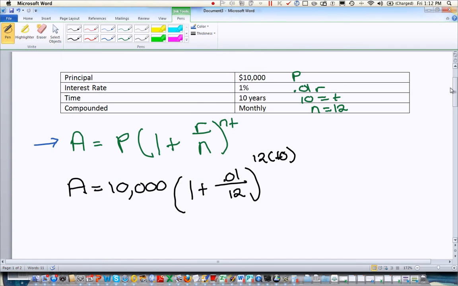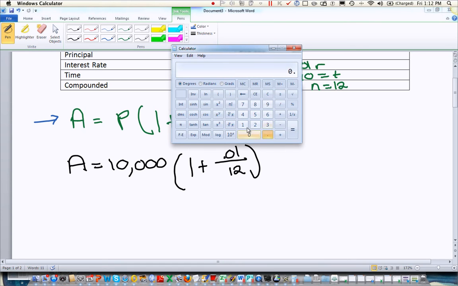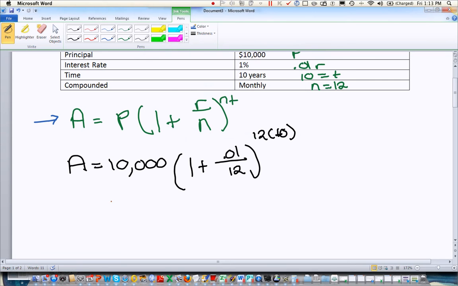Okay. So first thing I'm going to do is take my 0.01 and divide by 12. Easy enough to do on the calculator, right? Most of you are okay with dividing. 0.01 divided by 12. And I'm going to cheat, because I don't like that number, it's got the E in there, which is just not a nice number to deal with. What that really means is 3 zeros and then the 8.33. That's scientific notation. I'm just going to go ahead and add 1 to it right away so I can get that out of there. Okay, so now we have $10,000